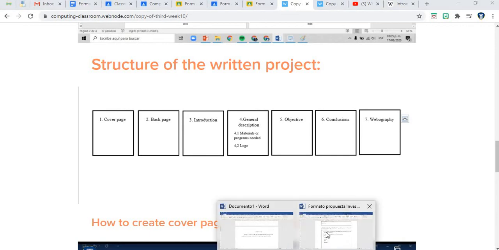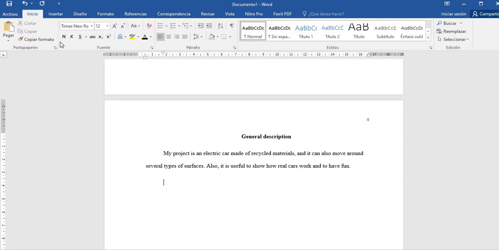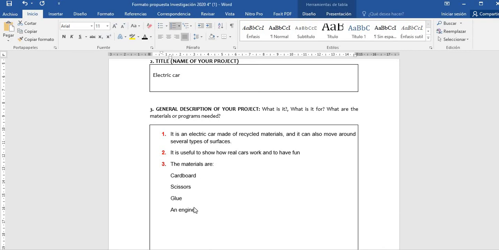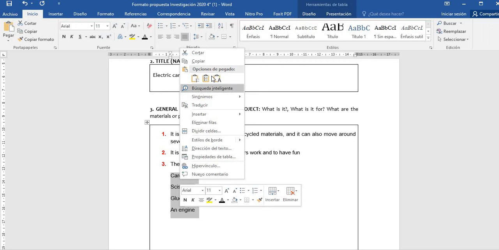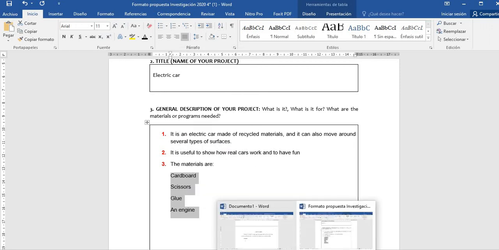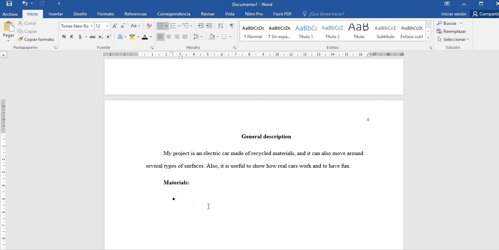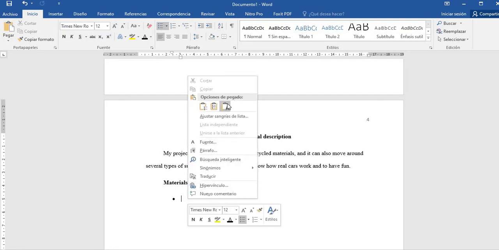So for the materials, I'm gonna put a subtitle. Got it? So for instance, materials. And here, it is possible to use this tool, that is the bullet points tool. Go back to your form, select the materials, Ctrl+C, Ctrl+V, or copiar, and paste it. But remember to be careful with this